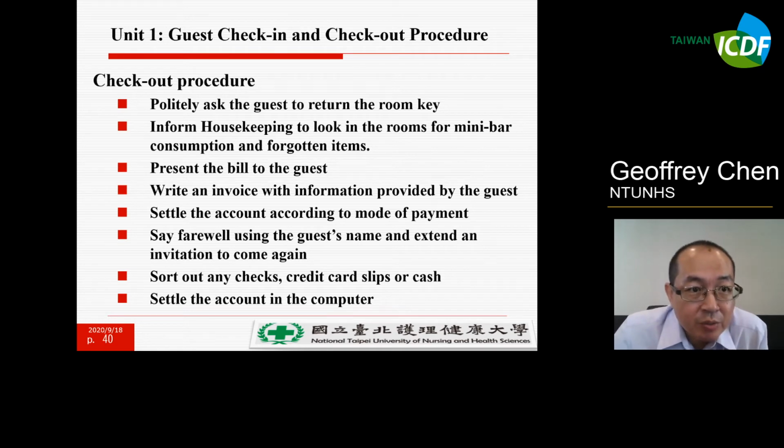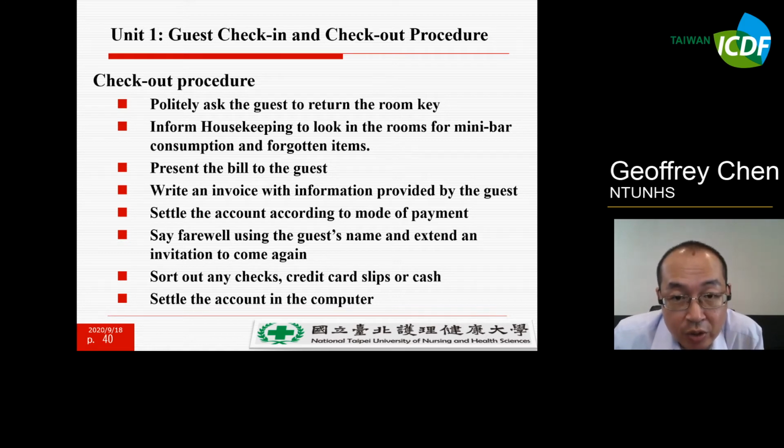The next work is about the checkout procedures. Again, politely and kindly ask your guests to return the room key when they want to check out. Meanwhile, you have to inform your housekeeping clerk or other employees to check the rooms for minibar consumption and forgotten items.